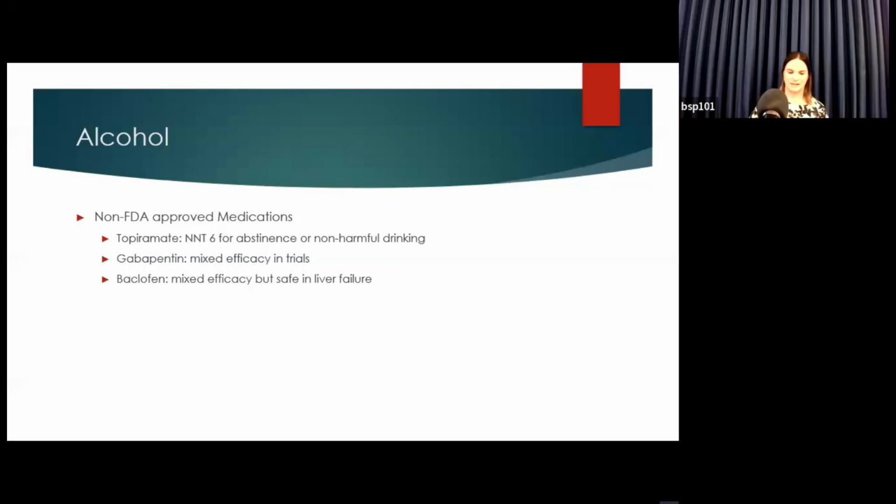On the horizon, gabapentin has mixed efficacy across trials, but is sometimes used as an adjunct. Baclofen, why are we trying to use baclofen for this? The reason is that both acamprosate and naltrexone are contraindicated in certain kinds of liver disease. Sometimes we weigh the pros and cons and still use them because it's more helpful for their liver disease for them to quit drinking than the harm we think the medication will cause. But baclofen is being studied because it's a little safer in our advanced liver patients.